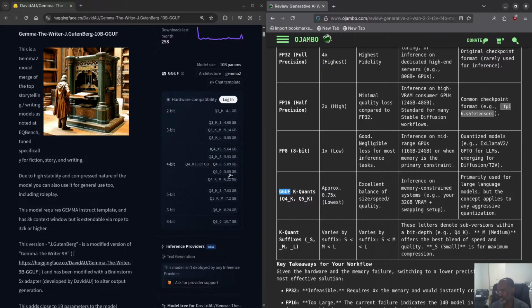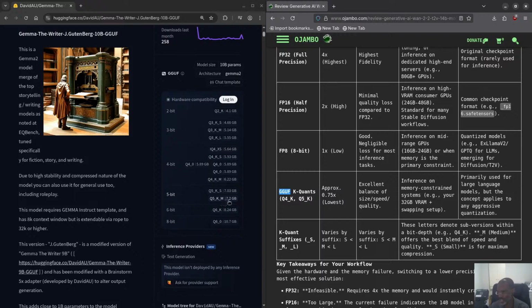So you can see the file size as well. This is one I would recommend getting. It's a medium. Medium means it's a medium quality, a good balance. So this is the one I would start with. And then, as I said, for me, what I did for this particular model is I grabbed this one, the